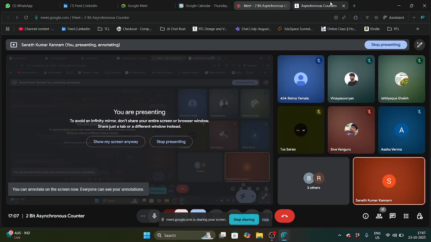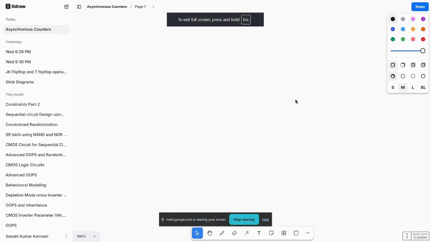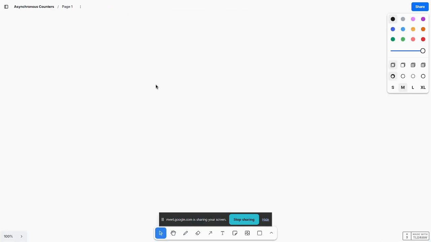Okay, so asynchronous counters we will discuss. Counters are used to count the number of clock pulses. For example, take an electronic voting machine. There is an EVM machine, as well as a ballot box, and in parallel it will print a slip. After completing the voting, they will count the number of slips, and